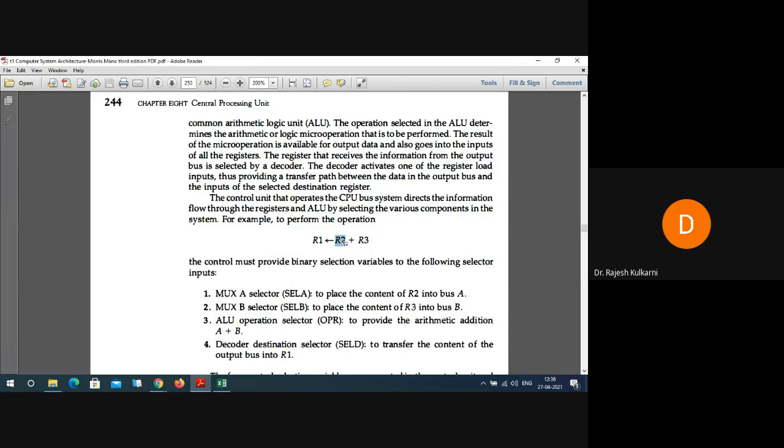There is some number in a register called R2. There is some number in a register called R3. Both the numbers are added and the output is kept in R1. So again, I want one or two students to read it fast. Anybody, take up and read this instruction for me. Tell me what is the meaning of this instruction. Just for this.